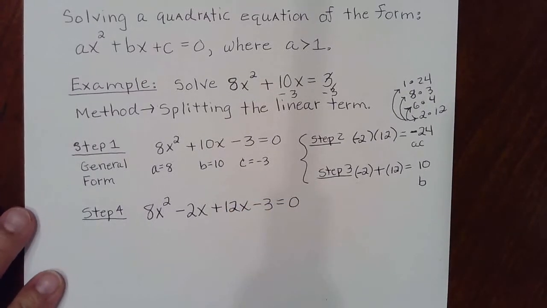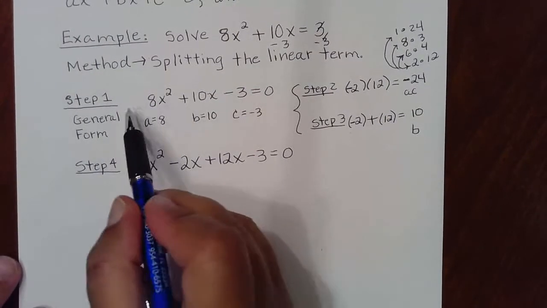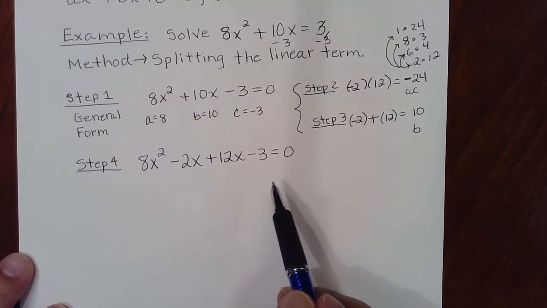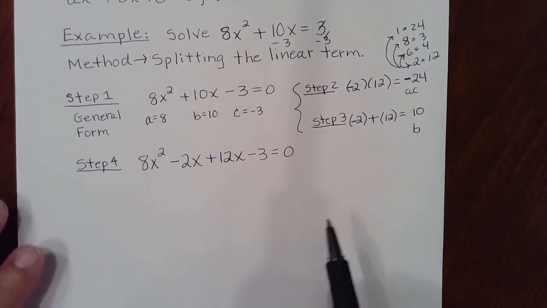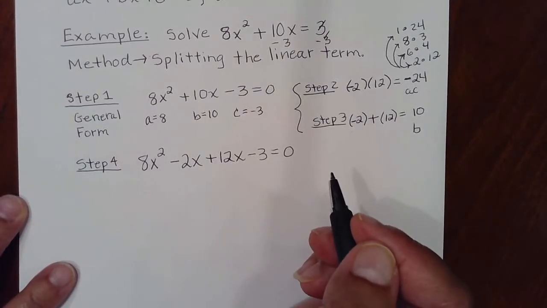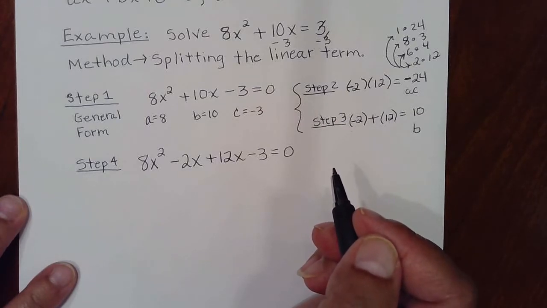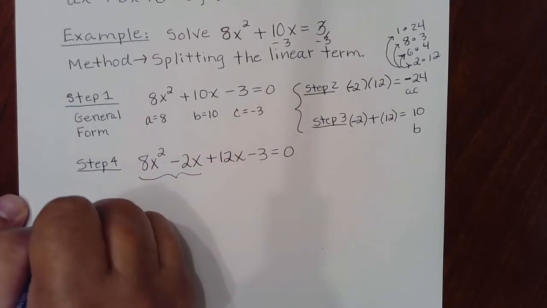Once you get to this step where you have split up the middle term, you've gone from 3 terms to 4 terms. So that means that the factoring, instead of the typical ways in which we factor a quadratic trinomial, we are now ready for factor by grouping because you now have 4 terms. And so factor by grouping is suitable. If you recall the method of factor by grouping, you're going to group 2 terms at a time, taking out the GCF each time. So if I group these 2 terms together,